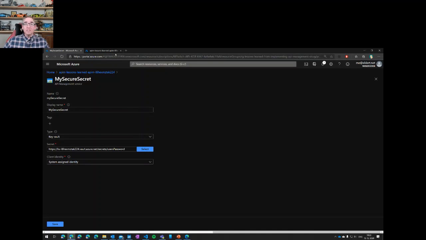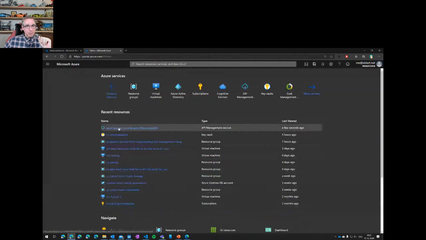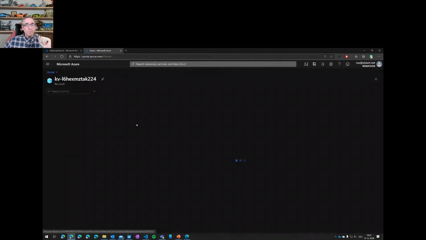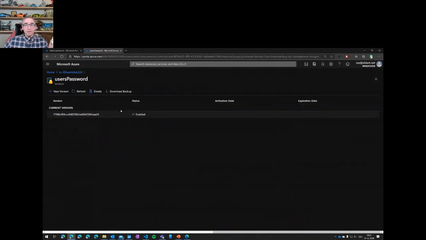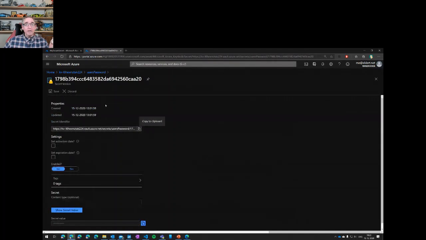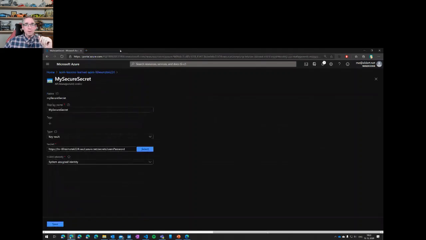So I, of course, need to make sure that on my key vault, I have added the access to this. If you go over here to my key vault, there we go. Here in my key vault, I now have this secret, my user password that we just saw, and here I actually have my actual value. So now someone with access to API management cannot see this. Only people with access to my key vault can see this password now.